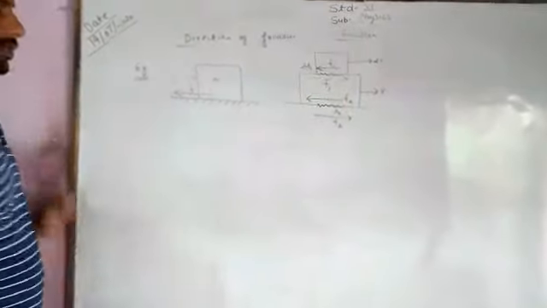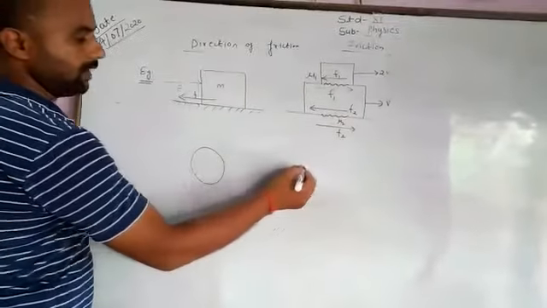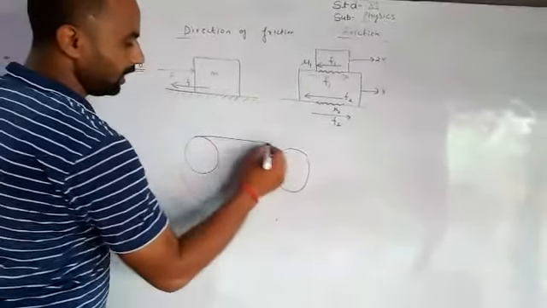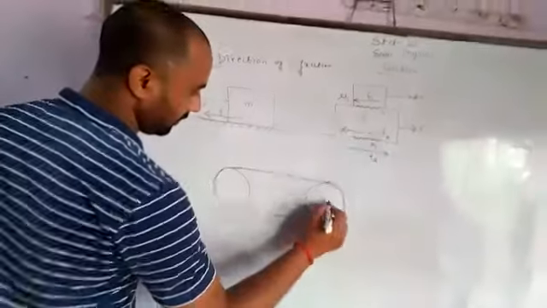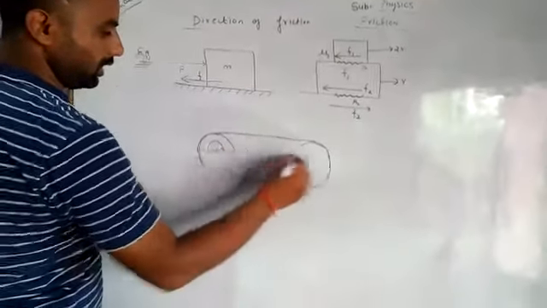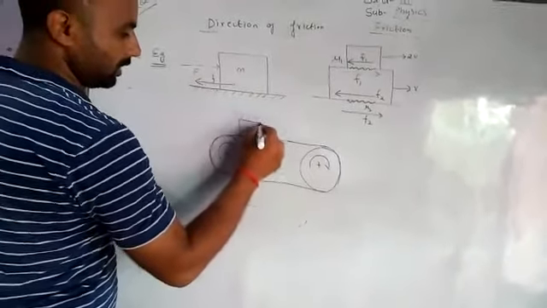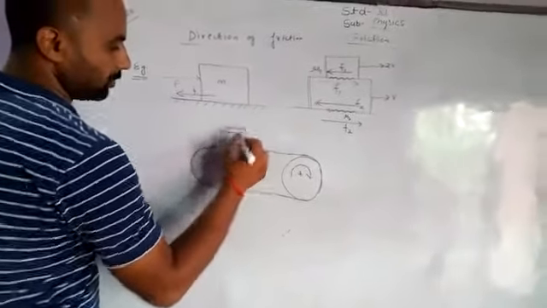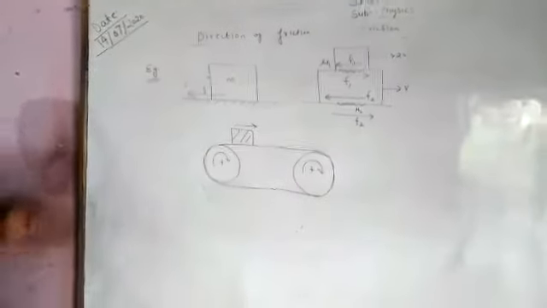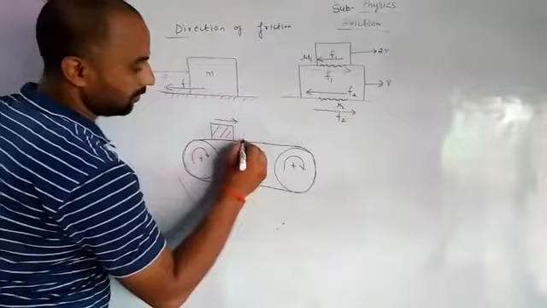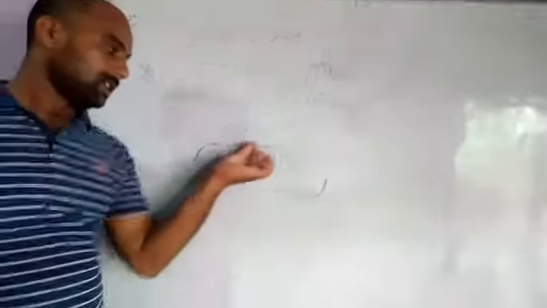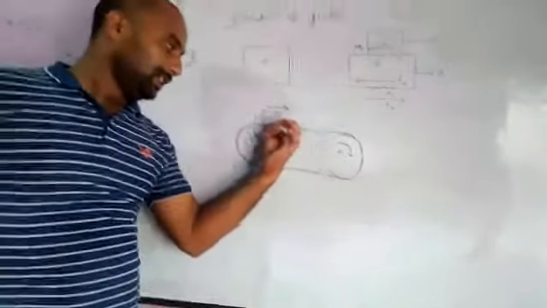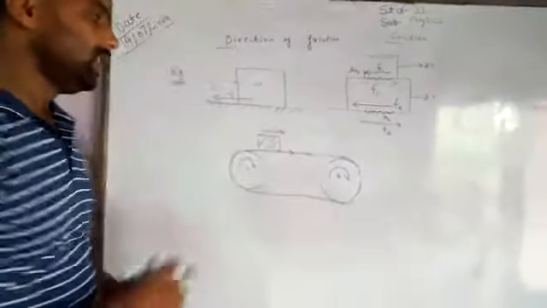How we can define the direction of force. Next case we have to consider that we have two pulleys and a belt over here, and this is our pulley, and the pulley is rotating like that, and a block is placed here. This is our block, and the block is moving here. What is the direction of friction? Here we can see that the direction of friction is in this direction. Why in this direction? Because this block is moving towards this, and this belt is moving in this direction, because of inertia, the direction of friction is like that.